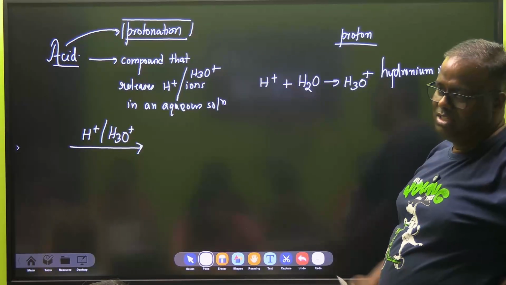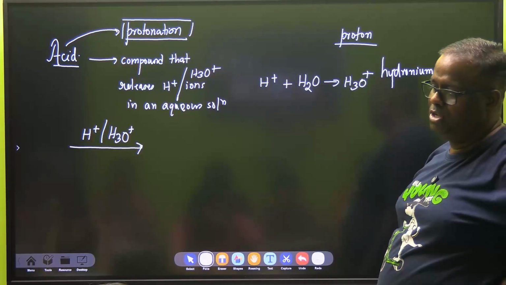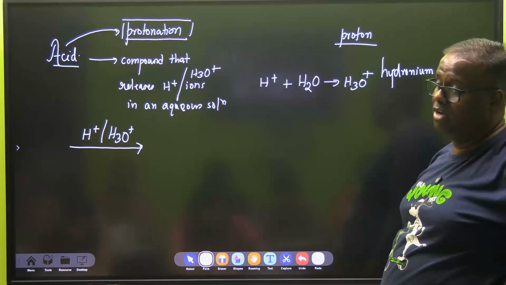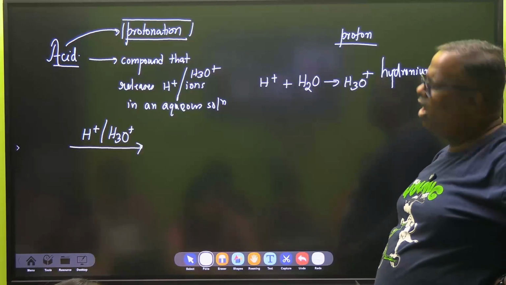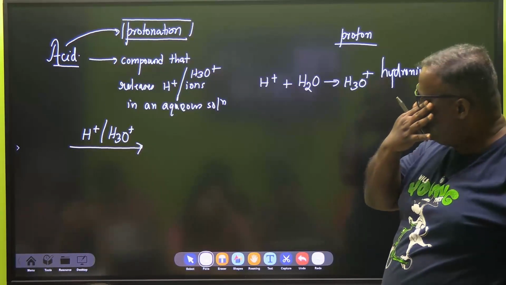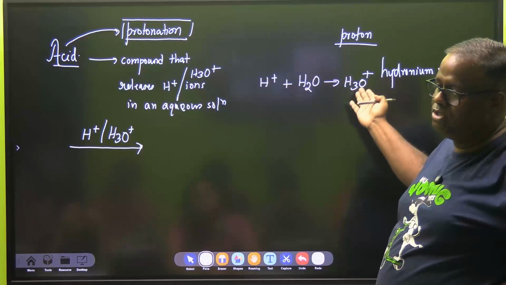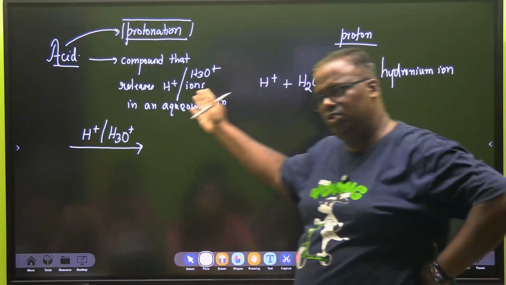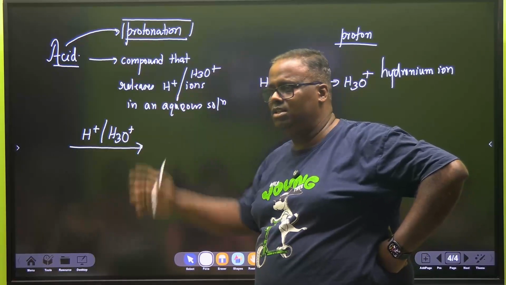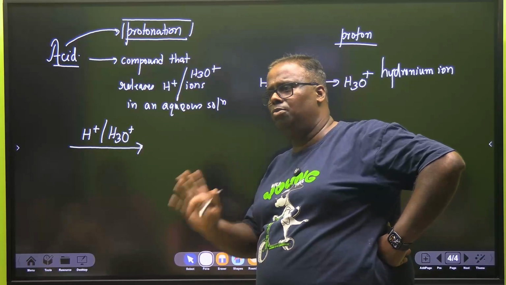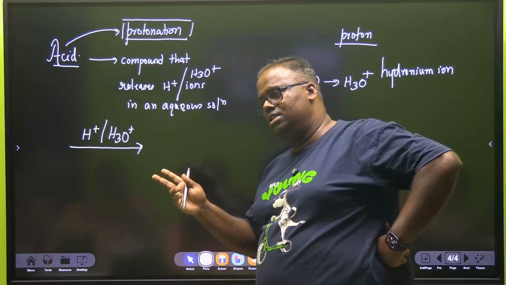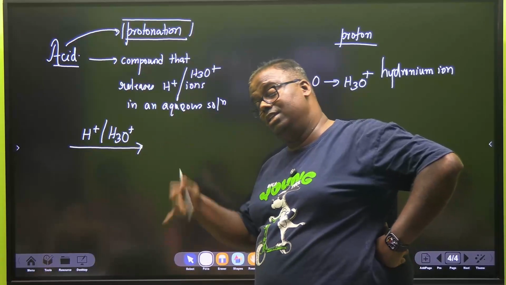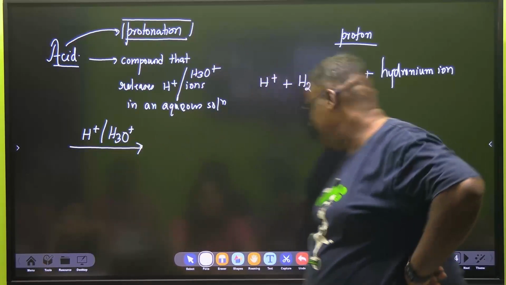So what is an acid? An acid is a compound that releases an H plus or an H3O plus in an aqueous environment, always an aqueous solution. Well, how is H3O plus obtained? Sir, H plus reacts with the H2O to produce H3O plus. H3O plus is known as hydronium ion, and this is hydrogen ion. So to define acidity, if you say, sir, he releases only H3O plus, he's an acid. Sir, he releases H plus, he's also an acid. Sir, he releases both, he's also an acid. Okay, clear? Our next topic of discussion would be